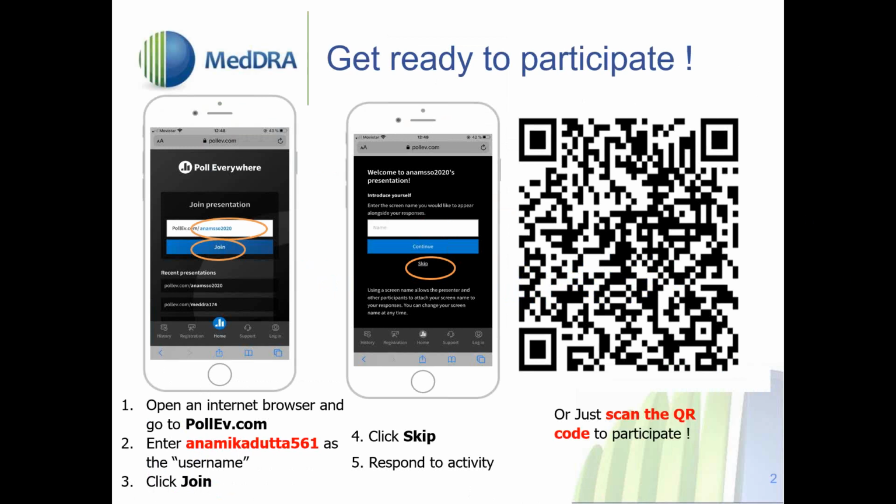Either use the QR code to scan, or go to pollev.com and enter Anamika Dutta 561 as the username and click join. I'll pause here for a couple of moments. Okay, why don't we go ahead and move on?